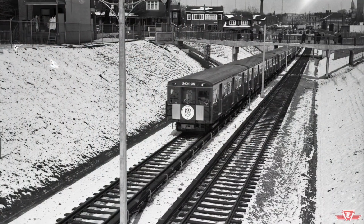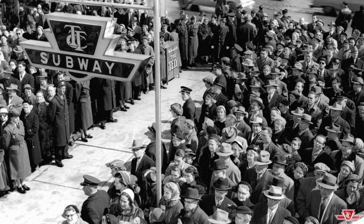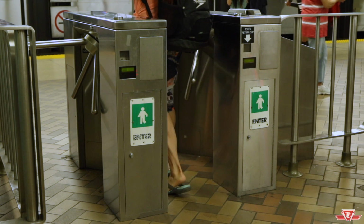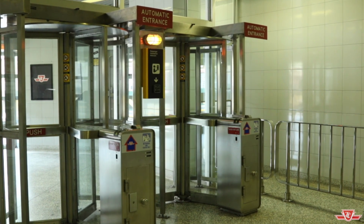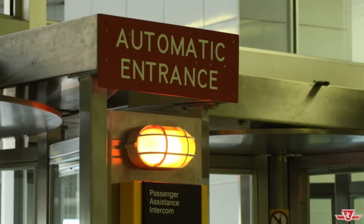Just a little bit of history and background as to how we got here today and what's coming down the road. So if you think, Line 1 opened in 1954, Line 2 in 1966, and the stations were opened with basically two types of gate. You had the turnstiles that we're very familiar with, and stations like this, secondary exits, were equipped with these high gates. They've served us well, but it really is time now to finish off that modernization push